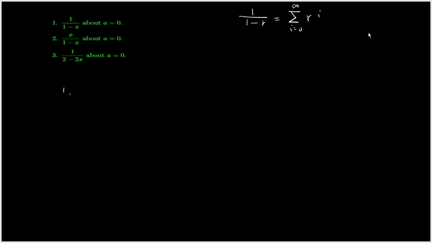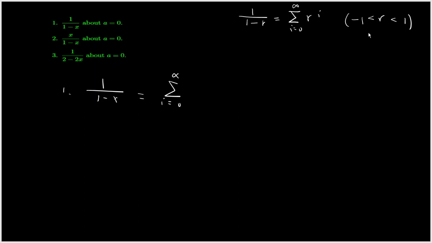Whenever you write that, you need to write that the equation is valid when r is in what interval. Always write that. Whenever you represent a function, always specify the interval of convergence, because for many other values of r, the equation is not true. The series is divergent. Question one is simple. You just treat x as r. We have 1 over 1 minus x equals